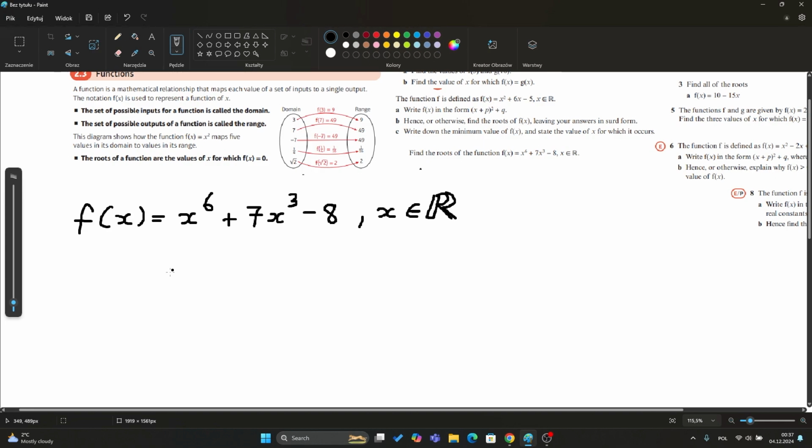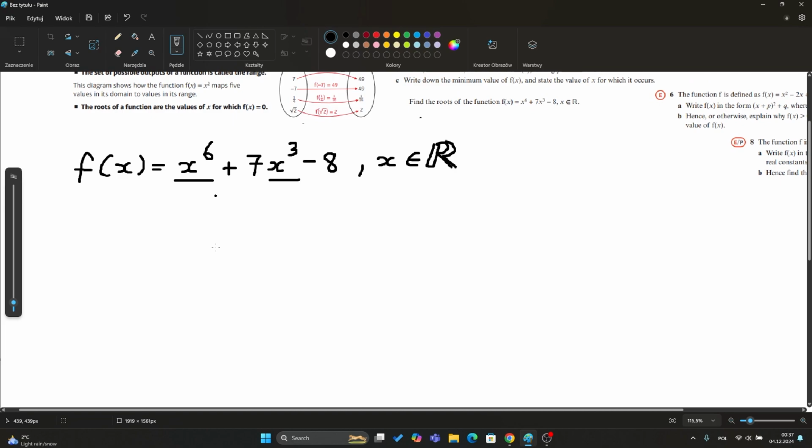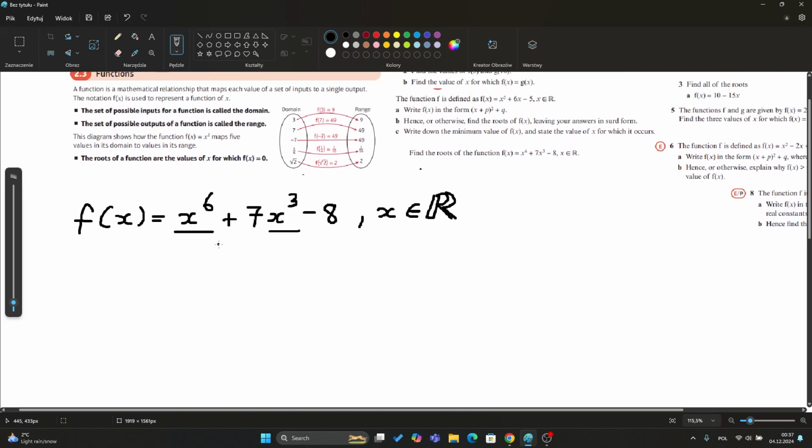So here straight away I can see that these terms have a common factor, and this common factor is x cubed. Now how does this help us? This helps us because if we write (x cubed) squared plus 7 times x cubed minus 8 equals f of x,